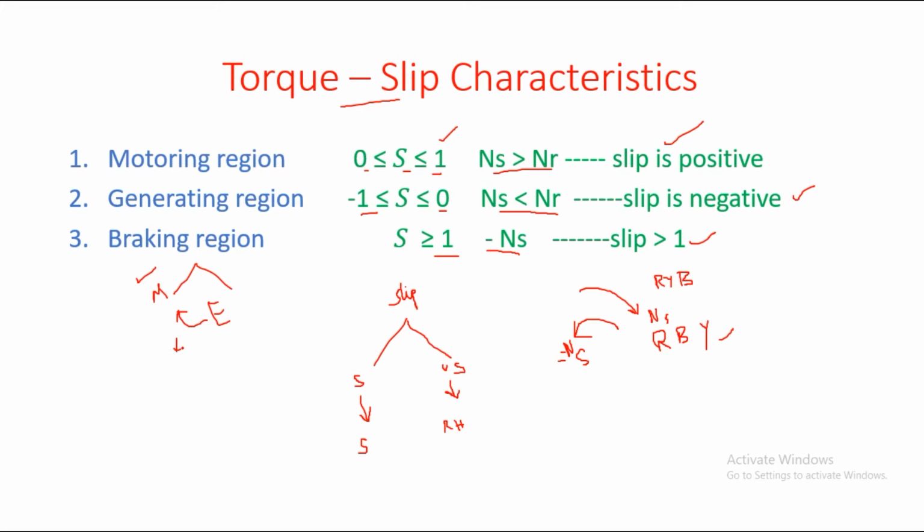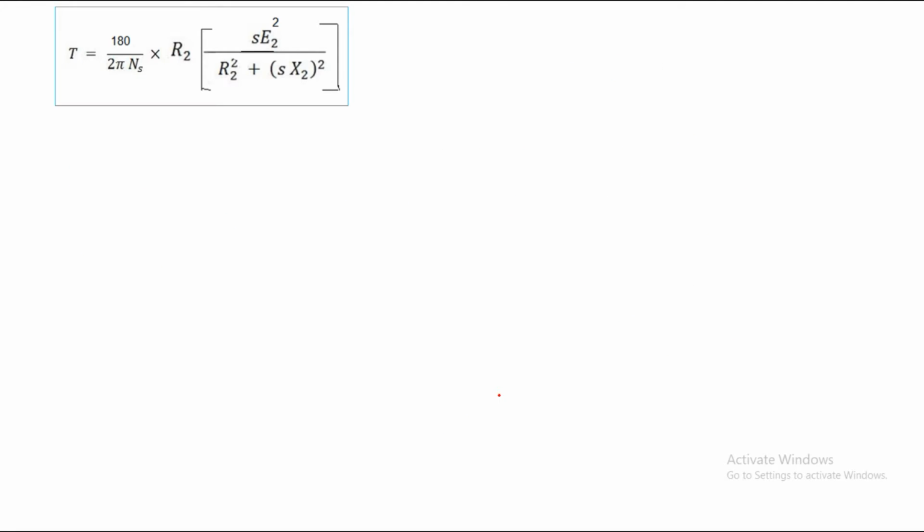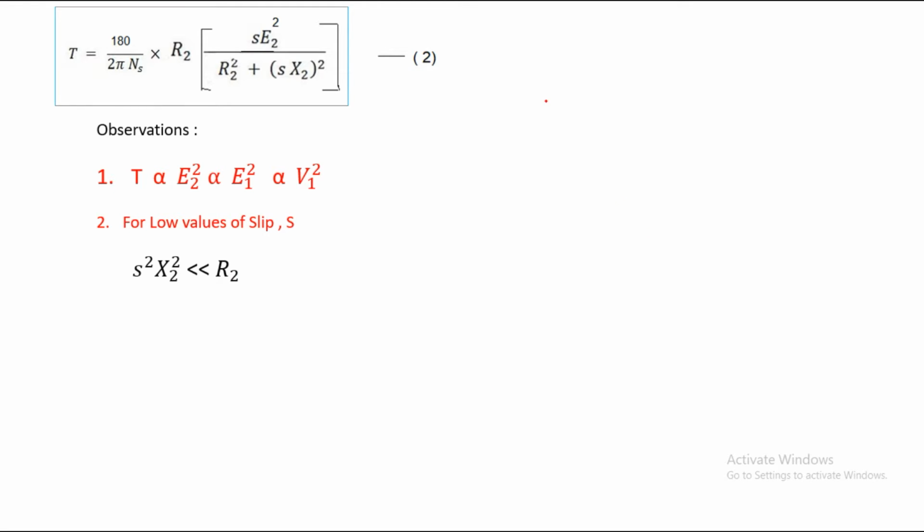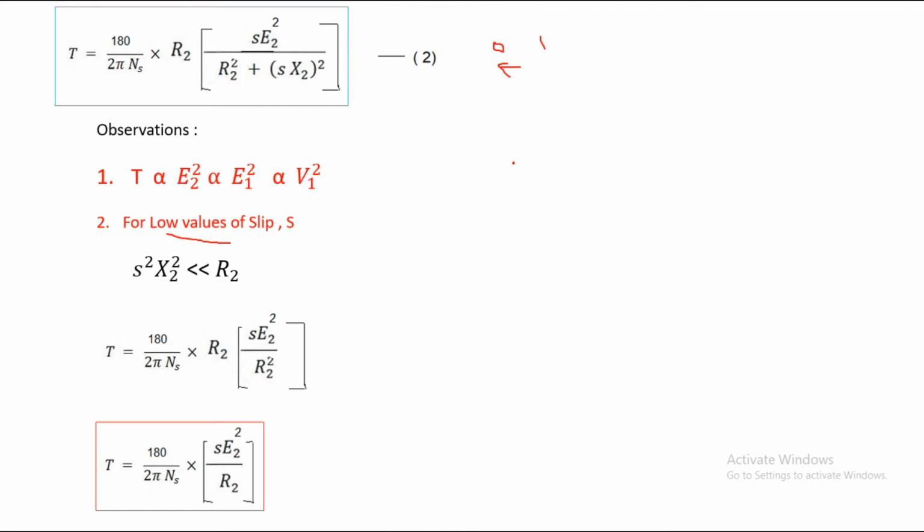Now let's discuss the value of slip for obtaining stable and unstable regions of operation in both motor and generator. Now we'll start with the motoring region, and for that we take the torque equation developed in the previous video, that is the general torque equation for the induction motor, in which we are going to substitute the values of slip. So we know the slip range for a motor is from 0 to 1. For low values of slip, it means the slip value is approaching 0, and in that case the torque is directly proportional to slip.